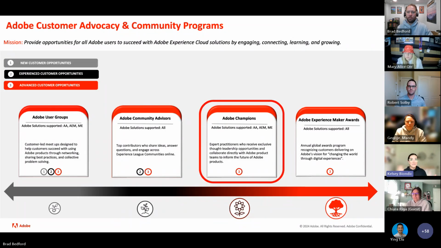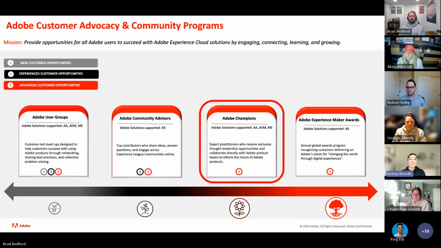So from left to right, I'm not going to go too far deep into the details of each program, but when we refer to acts of advocacy, this is our baseline of what we're referring to. There are many, many acts of advocacy that aren't listed here, and that's the beauty of the program as well, is that people make it their own and they find other avenues to get engaged and really grow the community.